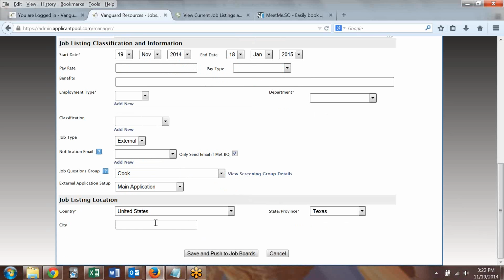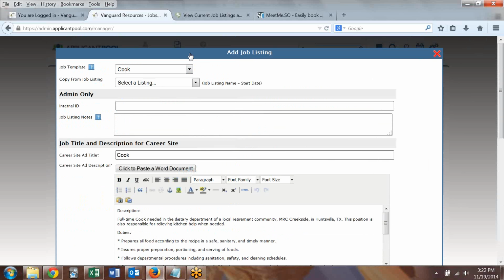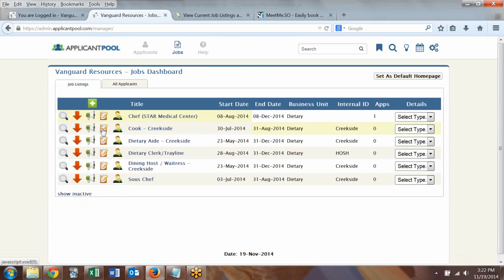And then finally, you want to make sure you have the correct city in there. When you click on Save and push to Job Boards, it's going to save this, and it's going to move to a next tab. So let me show you what that next tab will look like. It's actually going to be the same tab as what you're going to land on